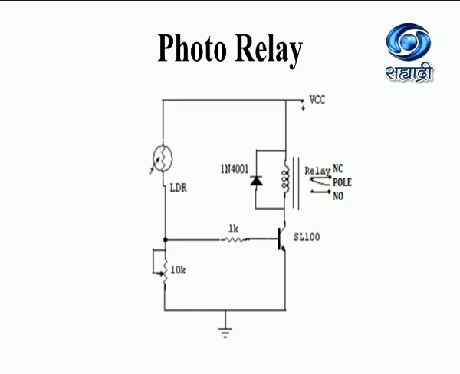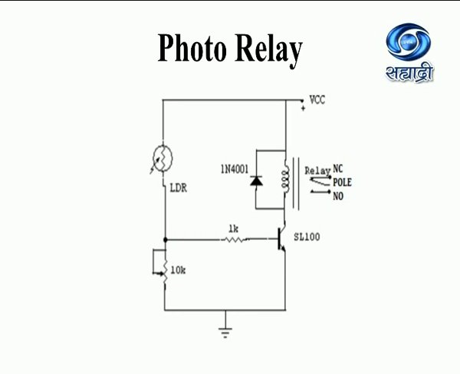And when the LDR is in dark condition, the resistance of the LDR is maximum, so there is no voltage across the base, so there is no current flowing through the base. That's why no current is flowing through the collector also. That's why we get the switching off action of the electromagnetic relay. Again, the pole is connected to the normally closed position. So hence we can drive the electromagnetic relay by using the LDR dark condition and light condition.